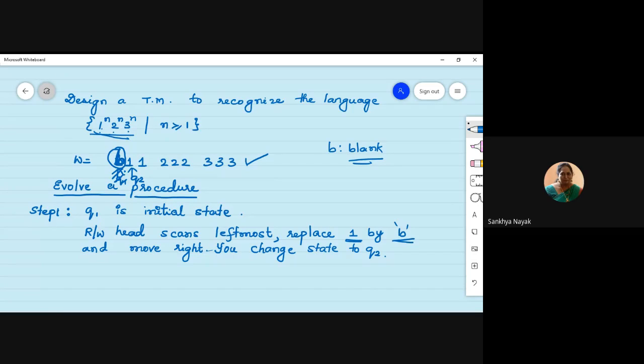All right. So in step 2, if it's just 1, we are just going to move right. We are just going to keep on moving right until we get the leftmost 2. So when you are in state Q2, on scanning the leftmost 2,